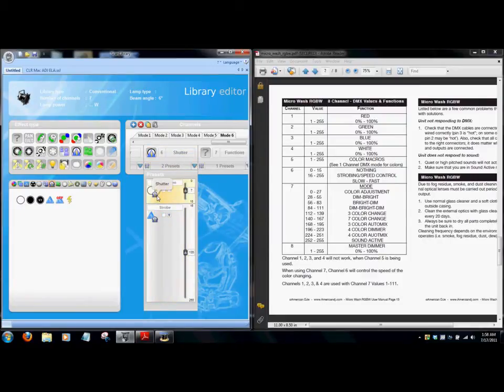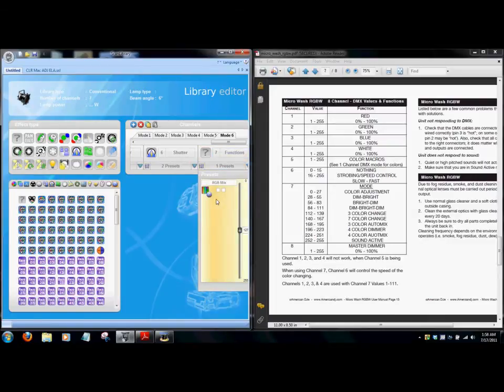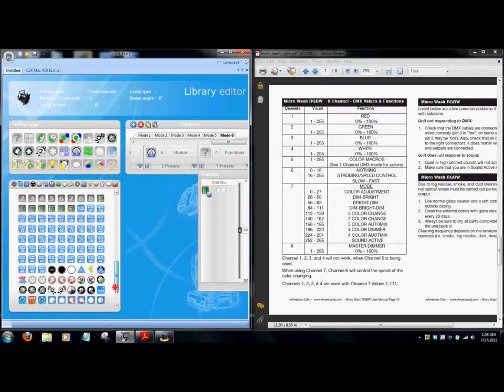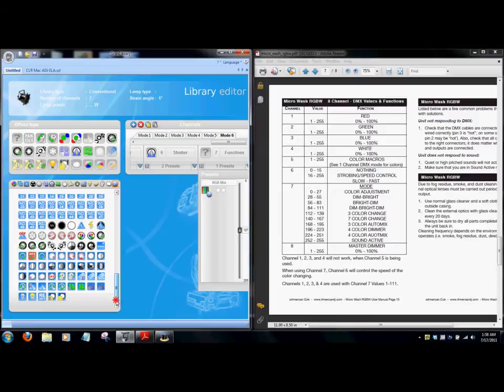And now channel 7 is actually some sort of built-in program mode. So for that, since it really doesn't have much effect in the 3D visualizer because we can't really program that into the 3D,